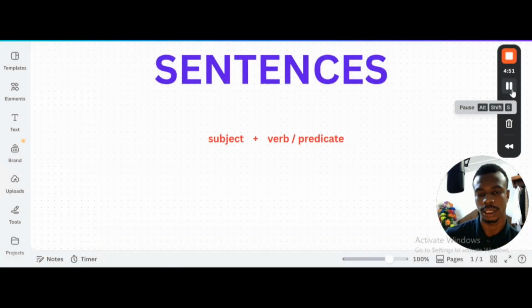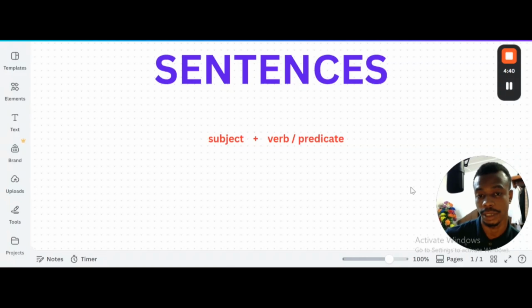Now, we may understand the sentence to mean any group of words that has a subject and a verb. It can be as simple as just a subject and a verb. A subject is the doer of an action. Let's say you're talking about Mary. Mary did something, right? Mary is the subject, and what Mary did becomes the verb. Mary slept, Mary wept, Mary cried. A sentence can be as simple as Mary cried.